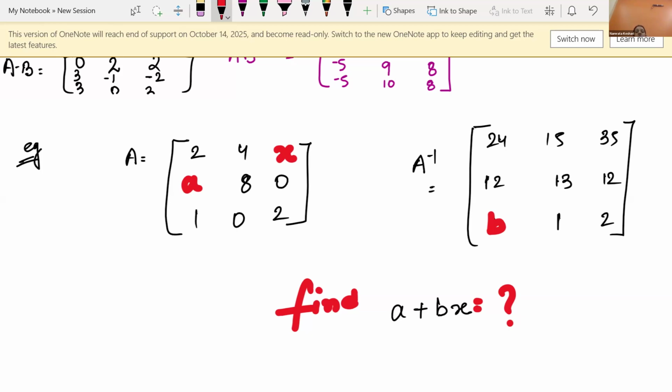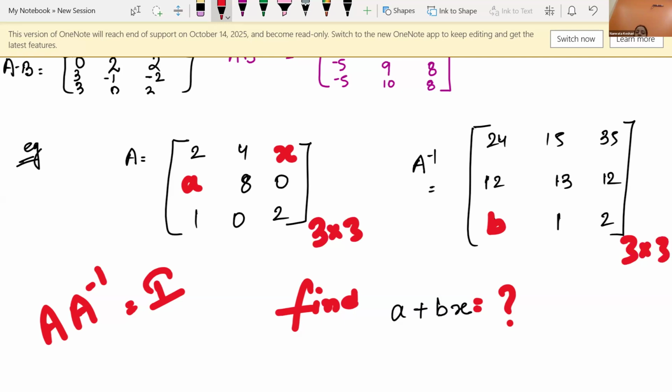One concept we know, that A multiplied with A inverse is nothing but just the identity matrix. And the identity matrix will be of the same order. So if this is a square matrix of 3 by 3, we will be taking the identity matrix for 3 by 3. If we solve this question this way, definitely we'll be able to find the equations and the values